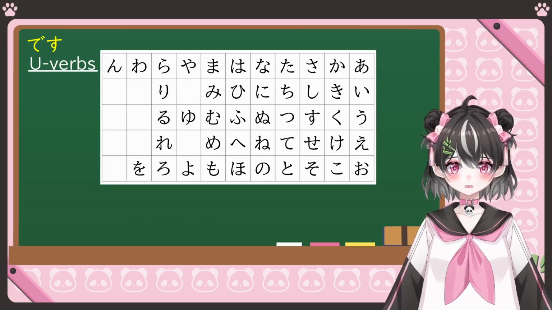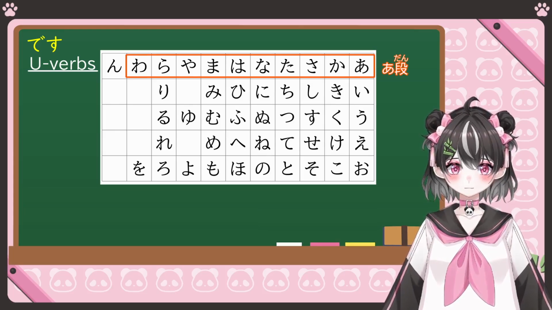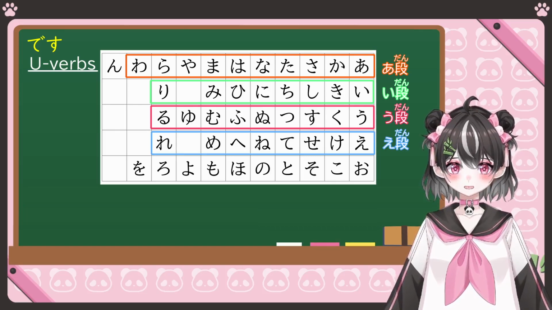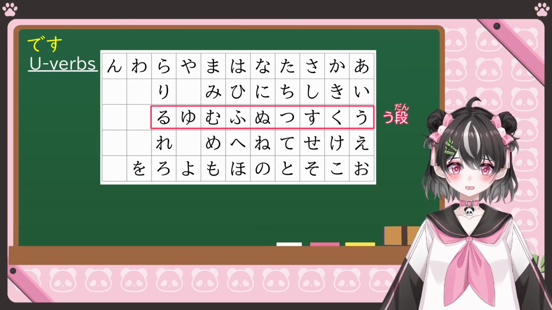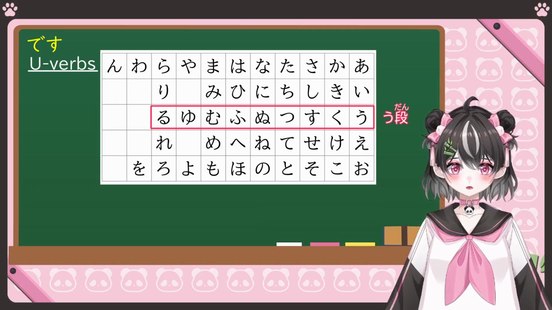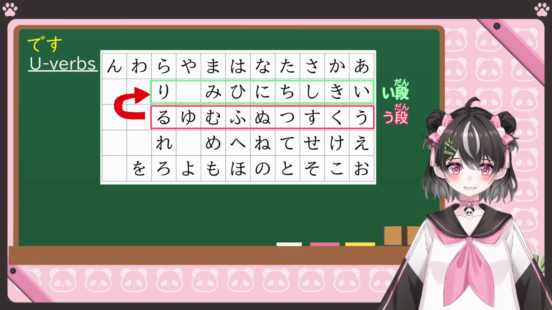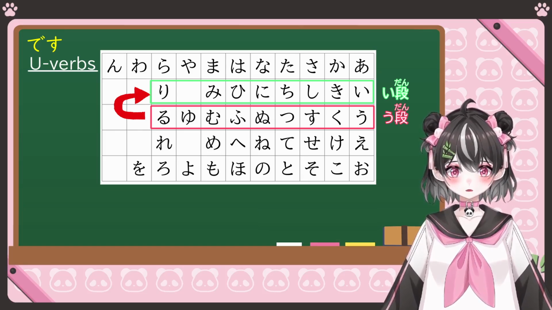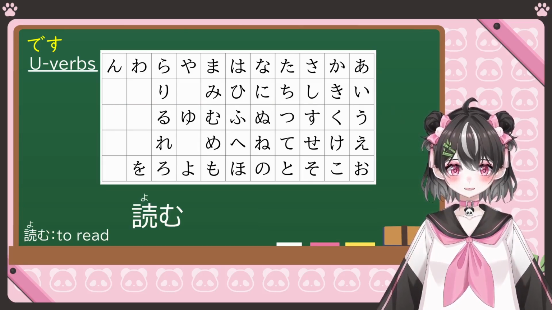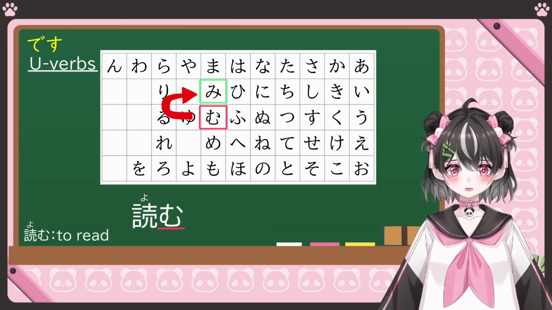Next is u verbs. Look at this hiragana chart. As I said last time, each row is called あ段、い段、う段、え段、お段。All u verbs end with an う段 hiragana, and to conjugate u verbs into ます form, you replace the last hiragana with the い段 hiragana in the same column and add ます。For example, 読む ends with む。You have to change む to み。So in this case, it's 読みます。